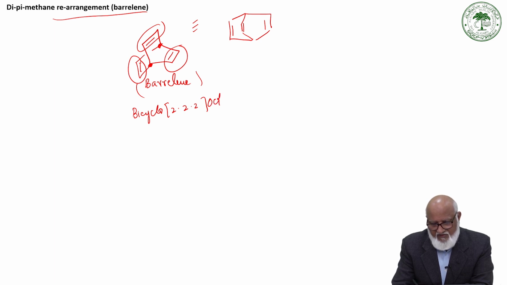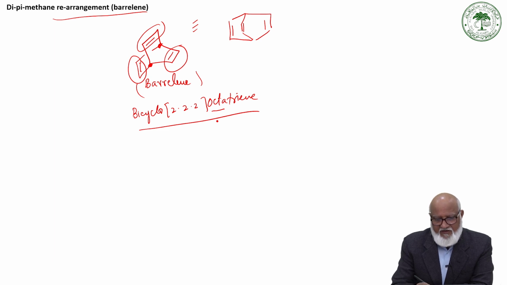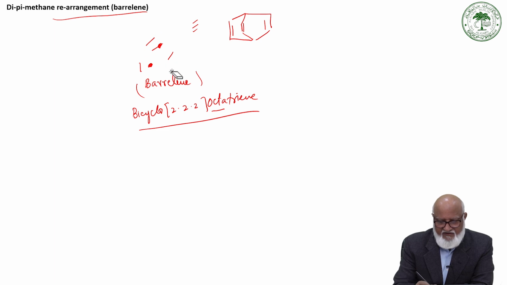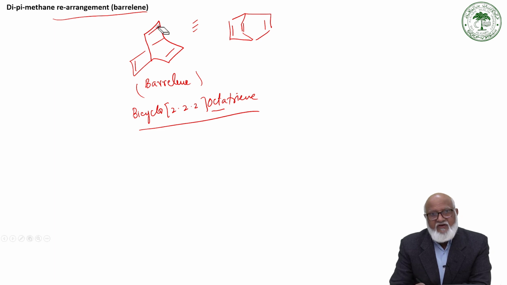octatriene, because octa is the number of carbons, 2, 4, 6, 8, 8 carbons, and triene is the 3 double-bond system. So this is the name for this particular molecule, and the common name is barrelene. And if we look at this molecule very carefully, I'll just rewrite it again. So it is this one. In fact, we have already discussed this, but what I want to emphasize from here is this: